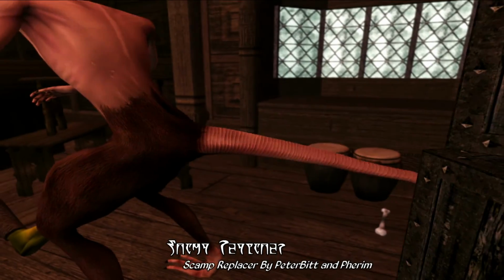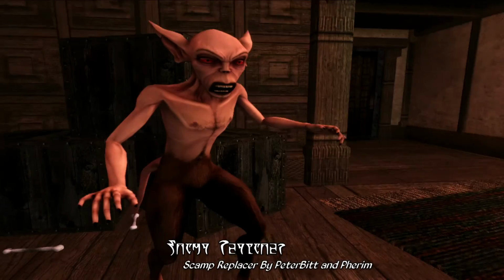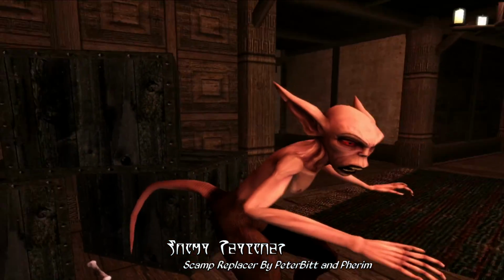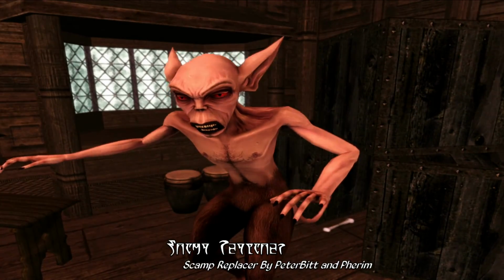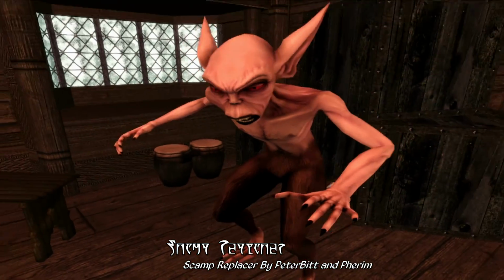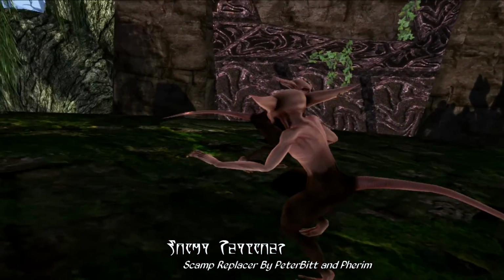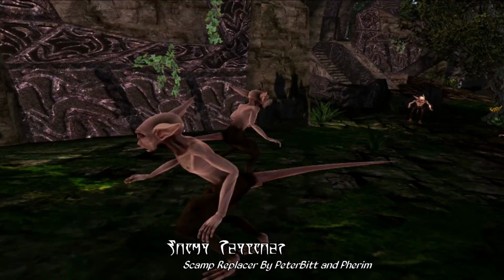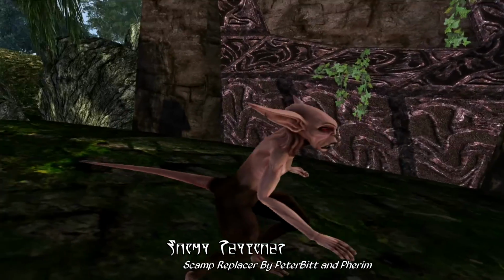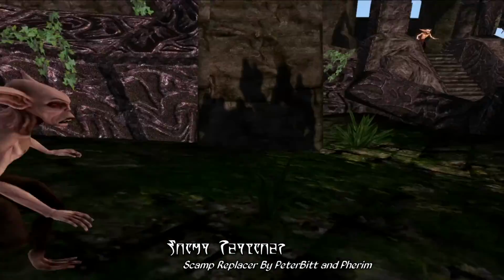I thought I'd start out by featuring everyone's favorite Scamp, Creeper, with these new models and textures, and you can tell that these are just beautifully detailed. I'm kind of getting up close here, but you can make out a lot of detail here, including veins, muscles, fingernails along Creeper's fingers, tufts of fur, and so much more. And this is without a doubt one of the most up-to-date and detailed replacers for Morrowind Scamps, and much like PeterBitt and Pherim's previous creature replacers, these are future-proof with support for Open Morrowind, which we'll be getting to in